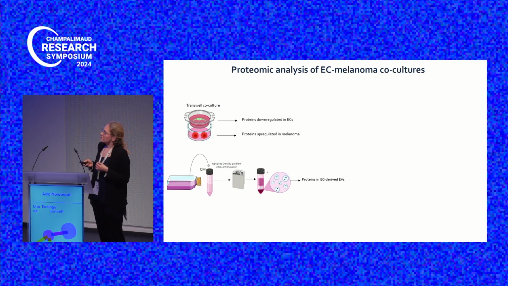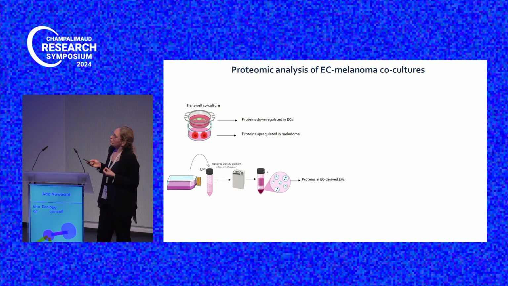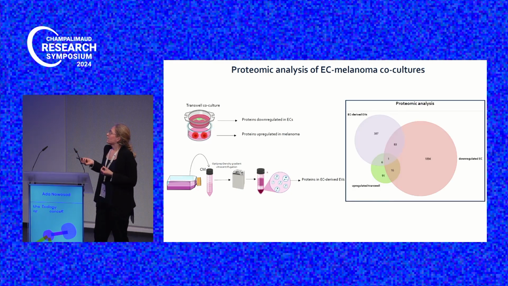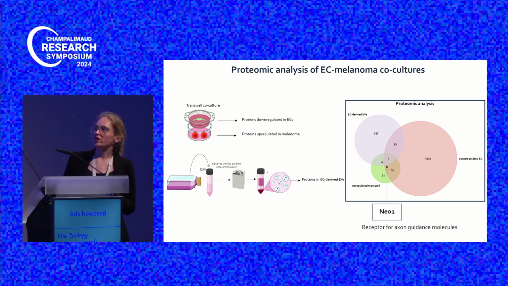And to select our hits, we decided to take proteins that are present in EVs and at the same time upregulated in melanoma after co-culture, but also downregulated in endothelial cells. And we could see that there is basically only one protein matching all those criteria. And this protein was neogenin, which is a receptor for axon guidance molecules, which may also suggest that it's involved